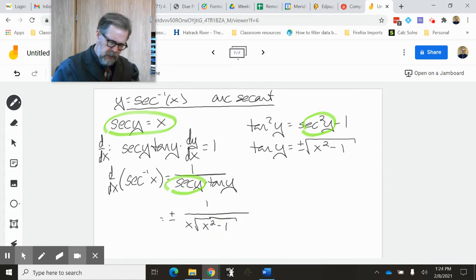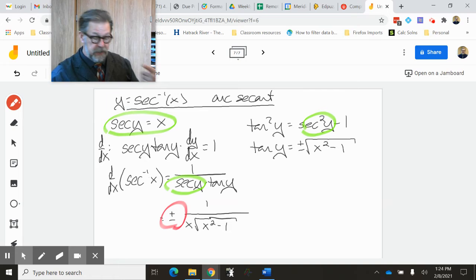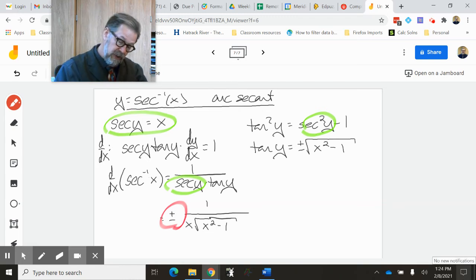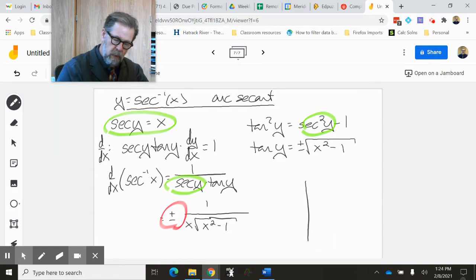Now, here's the problem. I'm not a big fan of this plus or minus. It means that when we try to take the derivative of secant, we're going to get two possible answers, and we don't know which one it is. So let's take a quick look at the graph of secant to perhaps explain what we could do to simplify this. And what we get is that the graph of secant